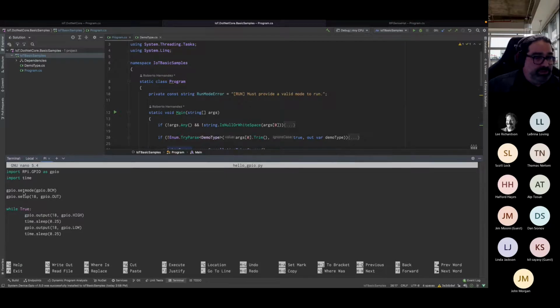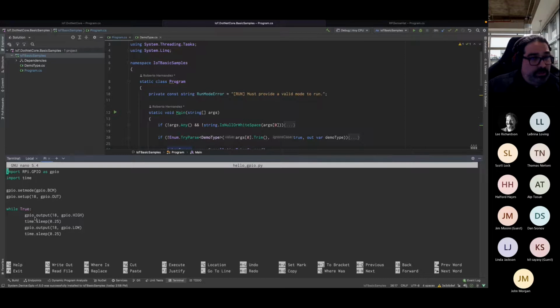All that I'm doing is basically saying, get me access to the GPIO board, set the mode of the board to be BCM. So in this scenario, that's the logical numbering. Set up pin 18 as we saw in the pinouts. And using that pin, basically loop forever, which some people are going to be doing today.